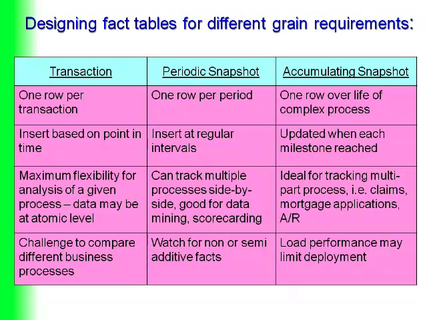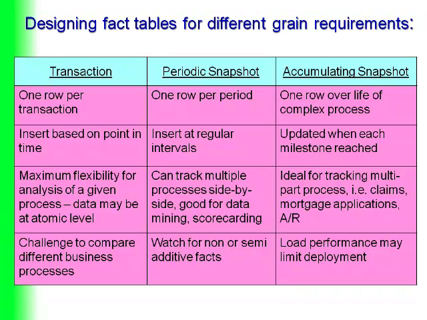That is called point in time insertion. In the periodic snapshot, we do insertion at regular intervals. In the case of accumulated snapshot, the fact table data is updated when each milestone is reached. From the flexibility point of view, the transaction-oriented fact table provides maximum flexibility for analysis of a given process. Data may be kept at atomic level. That's why flexibility is maximum, because we can do any kind of summarization at any level by taking this atomic